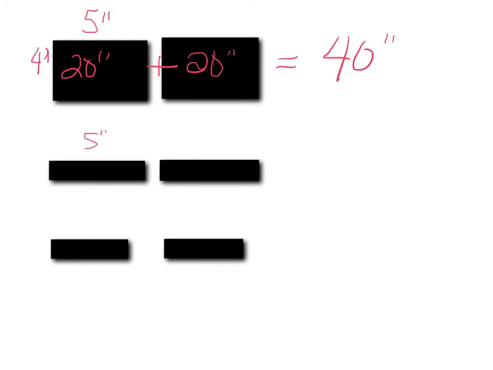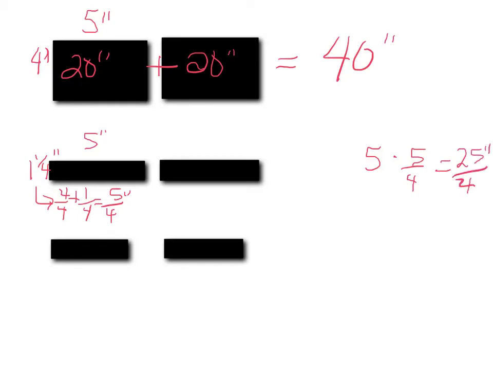Now the next 2 sides are a little bit trickier. They're 5 inches by 1 1/4 of an inch. So 5 times 1 1/4 is harder for me to do in my head. So I'm going to look at this as 5 inches times 1 1/4. Okay. I can also look at that 1 1/4 as 4/4 plus 1/4, which is 5/4 of an inch. So I'm going to take that 5 inches times 5/4 of an inch, and that gives me